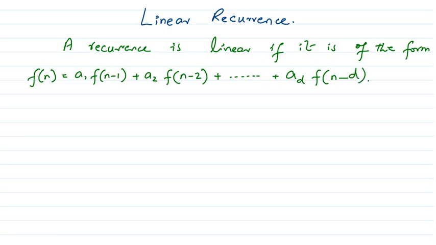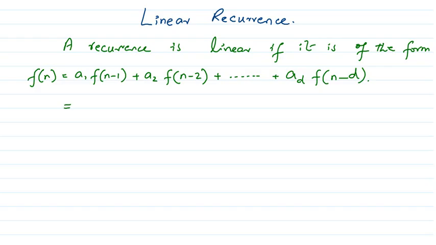That is, it is not necessarily dependent upon only the very previous term. We can have recursiveness up to a certain value or index, and that index is denoted by d. That is, it is moving up to f of n minus d, right? Now we can write this equation in a compact form.